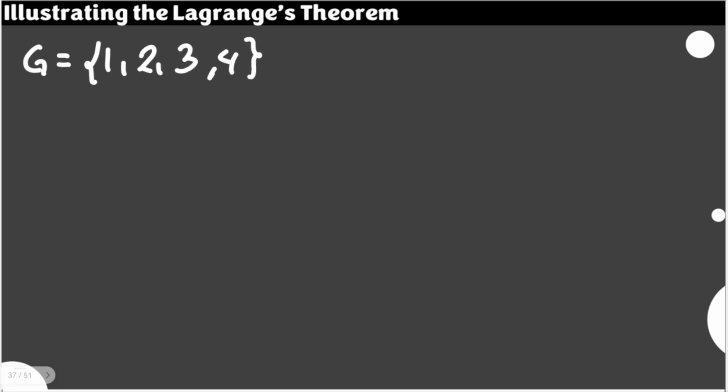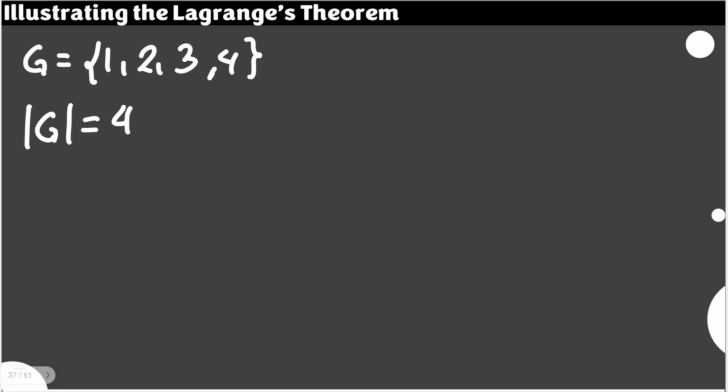And don't forget that the Lagrange theorem tells us only about the orders of subgroups that can be formed. It doesn't tell us the elements in each of the subgroups, but this is a guide in making the most of our time, meaning trimming down some steps, because we can guarantee that some of the possible orders are not possible to be there. Now take note here that the Lagrange theorem uses the order of G, and then later on the possible orders of subgroups. The order of G here is 4.